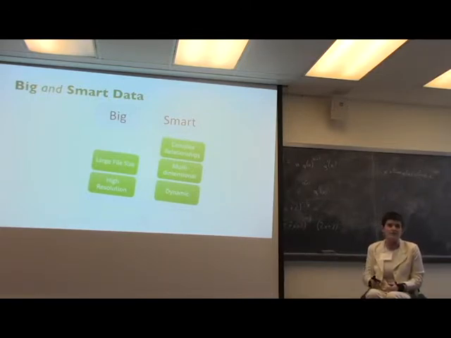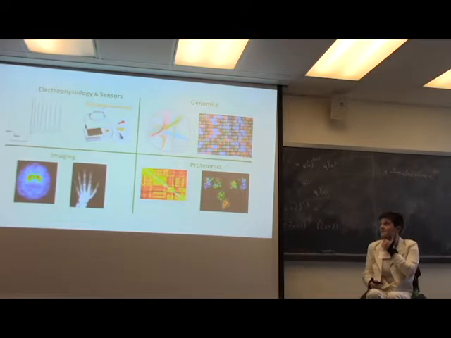Usually big data, you're looking at what happens at a certain time point. You may look at different ones, but they're always segregated over time. It's not continuous, usually, all right? So it's blood pressure at 8 a.m., blood pressure at 10 a.m., right? So smart data, we try to look at more continuous measurements and look at how those relationships drive the system. And my lab definitely leans more towards the smart data side, but you also have to have some degree of big data, all right? Big data usually encompasses these four areas.